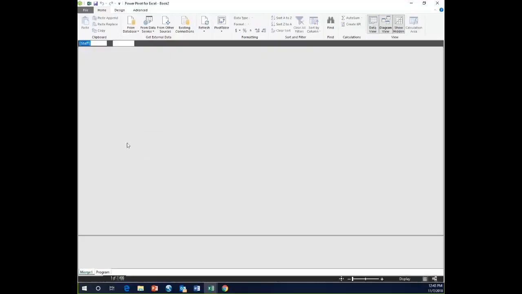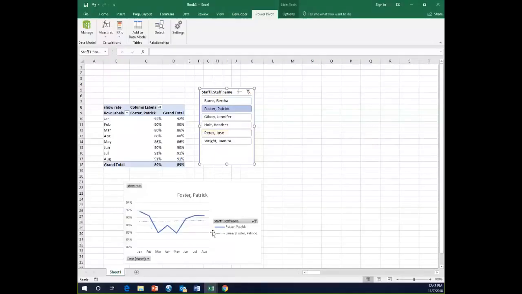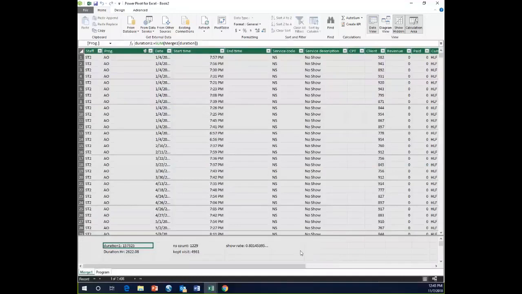I created a couple simple measures, and now those measures are available to me when I create my pivot tables and my visualizations. So that's really, in a lot of ways, a very rudimentary kind of overview of how you would use this